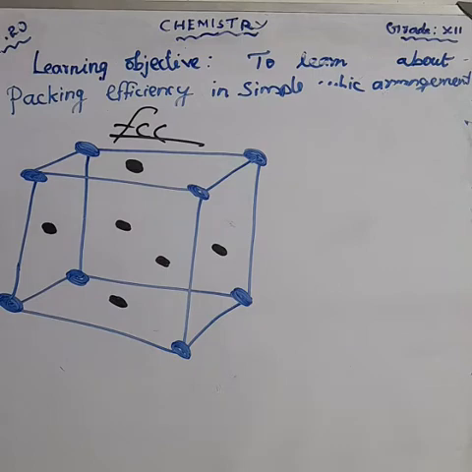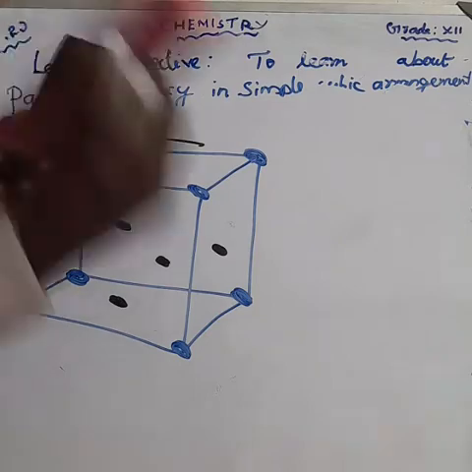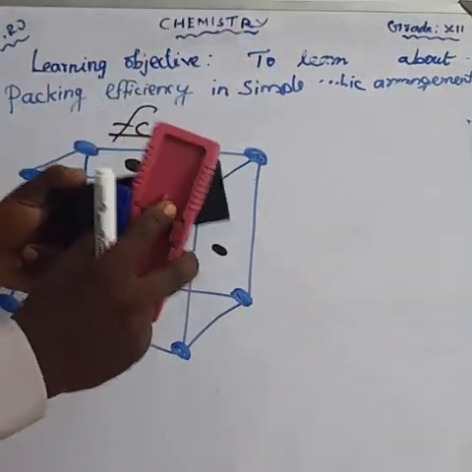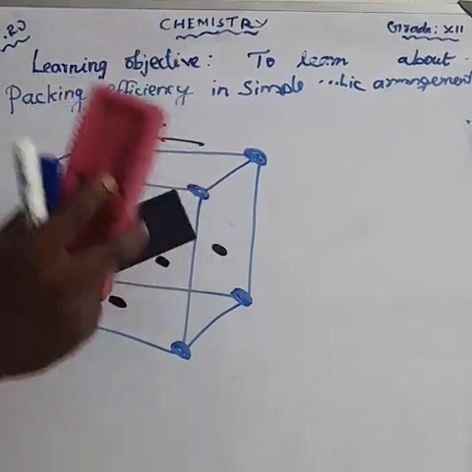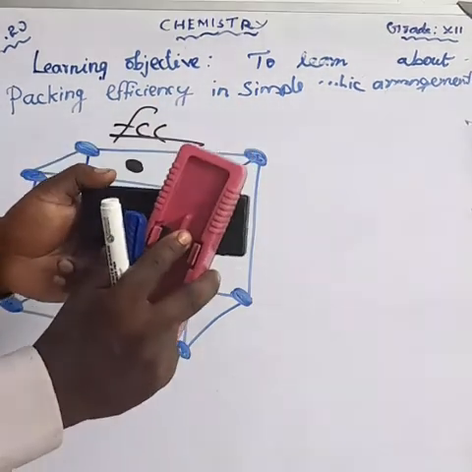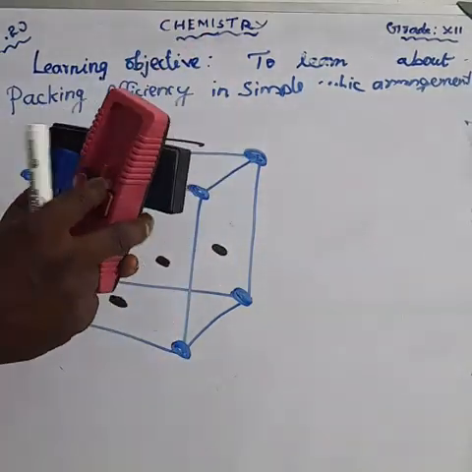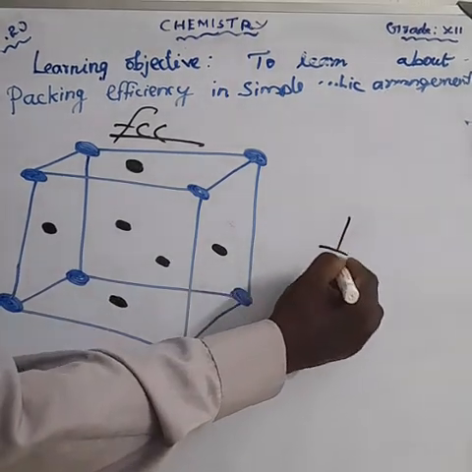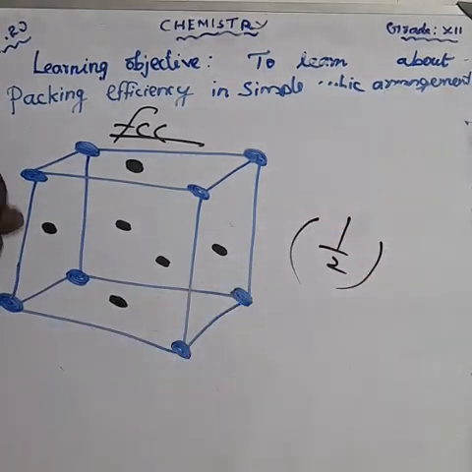Listen, all of you. This is one face-centered cubic unit cell, and this is another one. Shared by two unit cells. Am I right? The atom at the face center in the FCC is shared by two unit cells. Each face-centered atom makes a contribution of 1 by 2 to the unit cell. Don't forget that. So what is our expected formula?